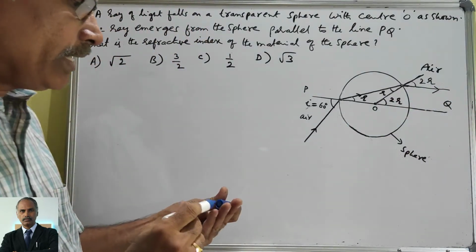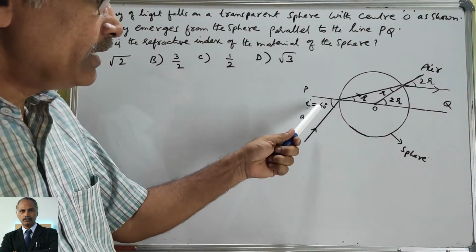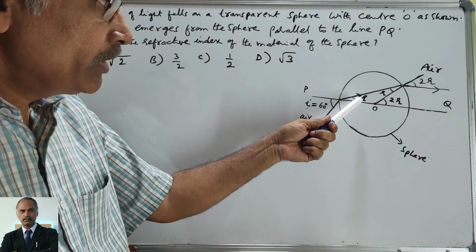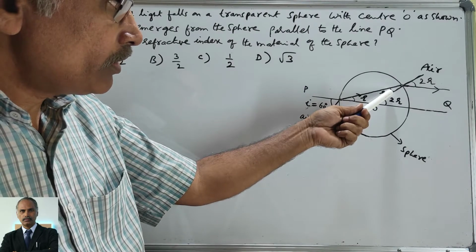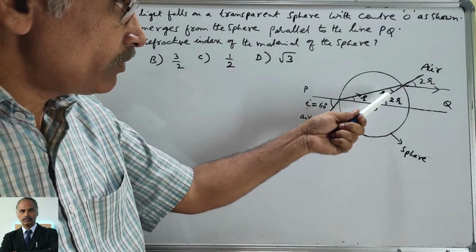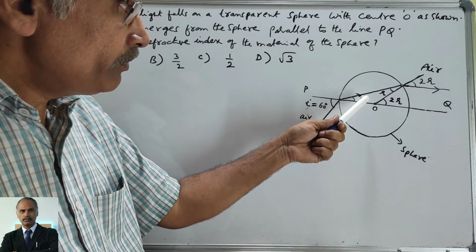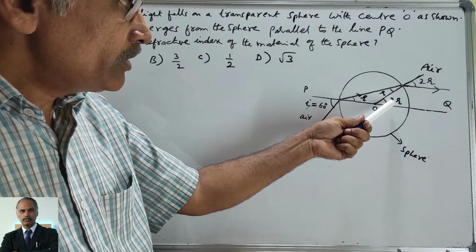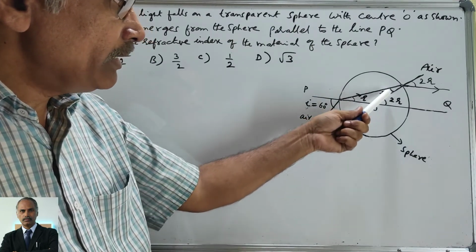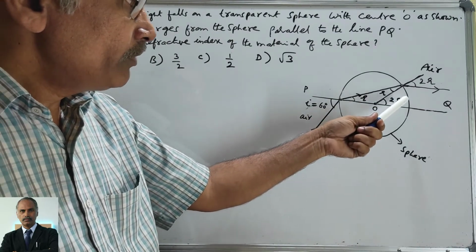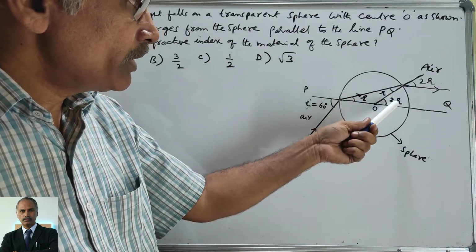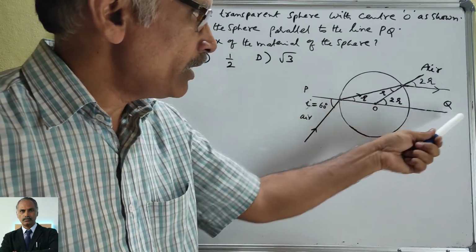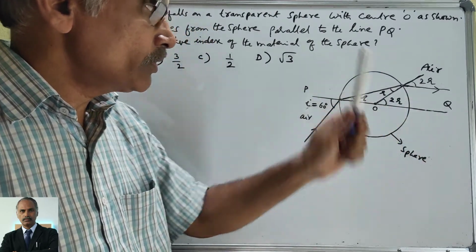So now you see the diagram here. This is the angle of incidence, 60 degrees. It is the angle of refraction. If this is R, this angle is also R, because these two sides are equal. Again, if this angle and this angle are R, this is the exterior angle. Exterior is equal to the sum of these two opposite interior angles. So this is 2R. If this is 2R, this is also 2R, because these are corresponding angles, because this and this are parallel.